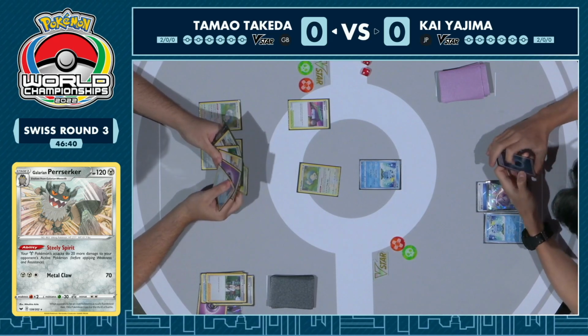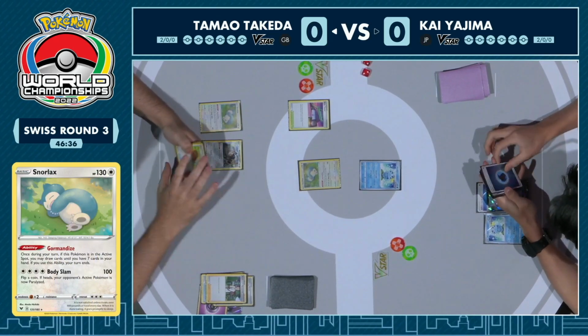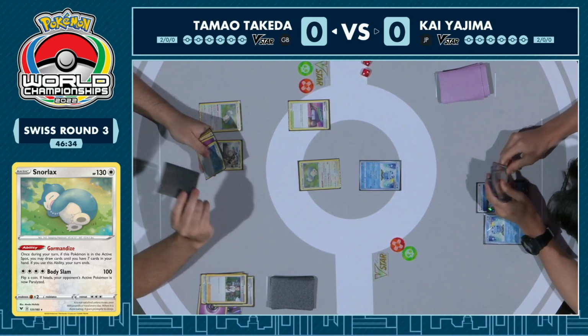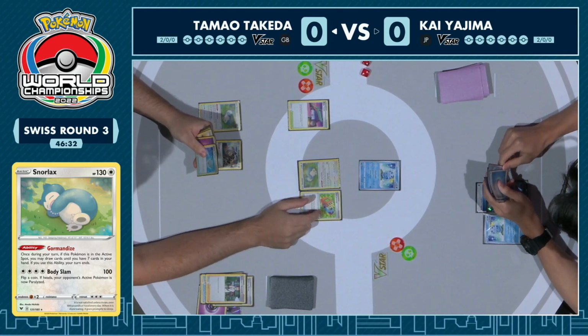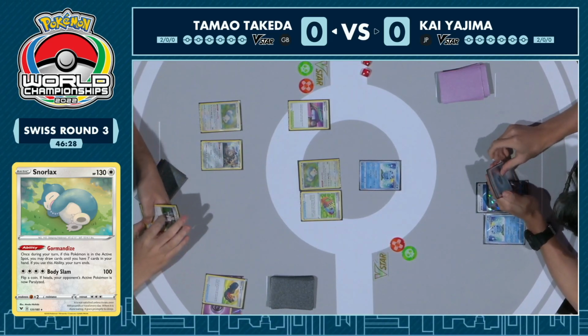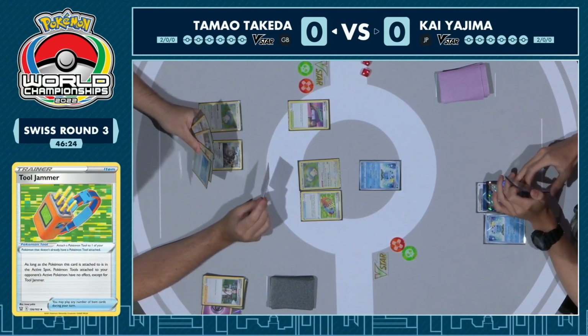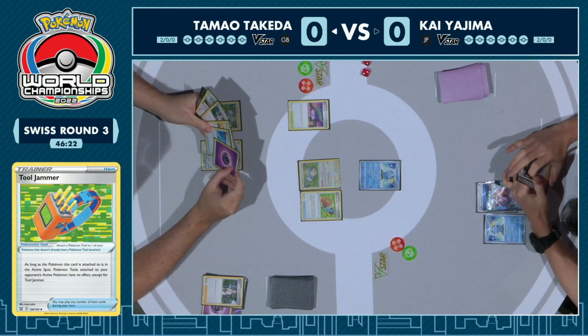We also did see the Rose Tower get put into play, which is draw up until you have 3 cards in hand as well, which I believe was also used too. And we are going to see a Tool Jammer come down onto that Snorlax. Yep, probably just trying to thin out cards so you can Gormandize for a few more cards at the end